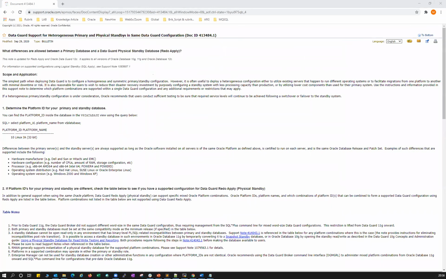Different versions, obviously, Narayana, you cannot have Data Guard from 11G to 12C or 12C to 11G. Your database version should be the same for Data Guard. That is what is supported. If there's a mismatch, it is not supported by Oracle. I'll tell you the reason. When you do a database upgrade of your production, your standby will automatically be upgraded. So there is no concept of putting in different versions.